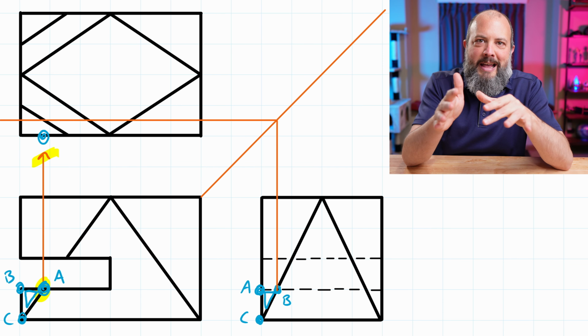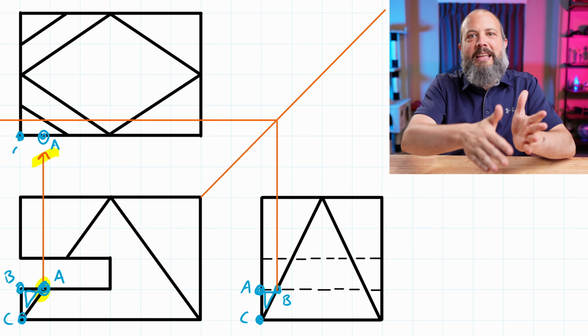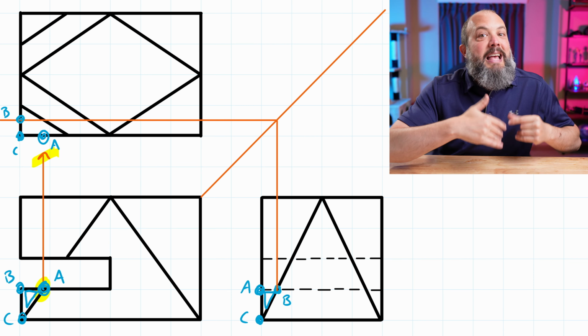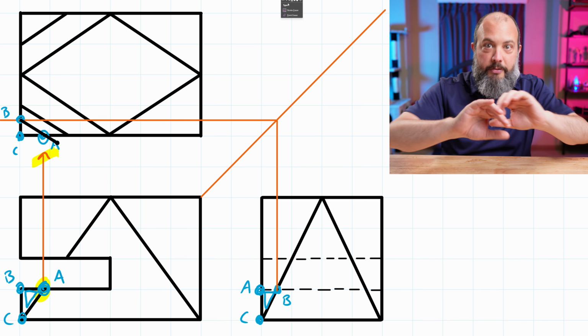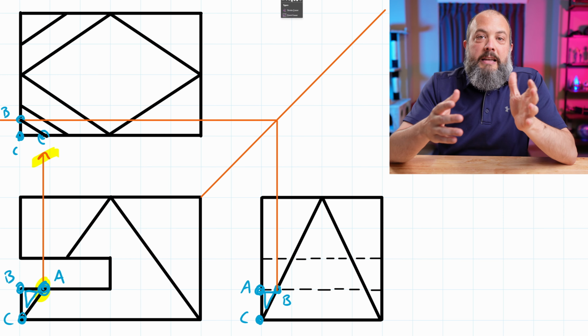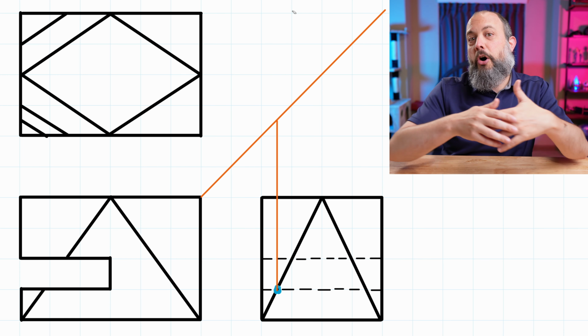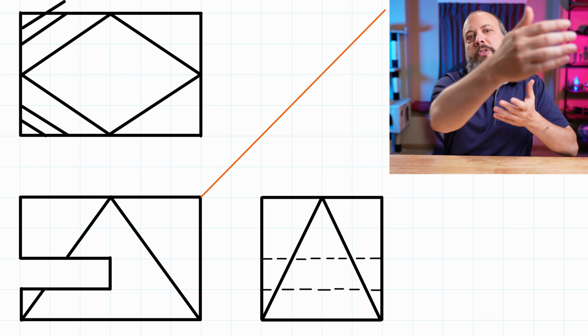Again, use the miter line and trace these points and connect the dots and put them all on the top view. And again, there's one more diagonal line to draw on the top view to connect points A and B, which are the points on the front view that were connected horizontally by the hole that was pushed through. And I can draw this also again on the top side because this rectangular hole does go all the way through the part. So not only does it cut through the front triangular surface, it also cuts through a triangular